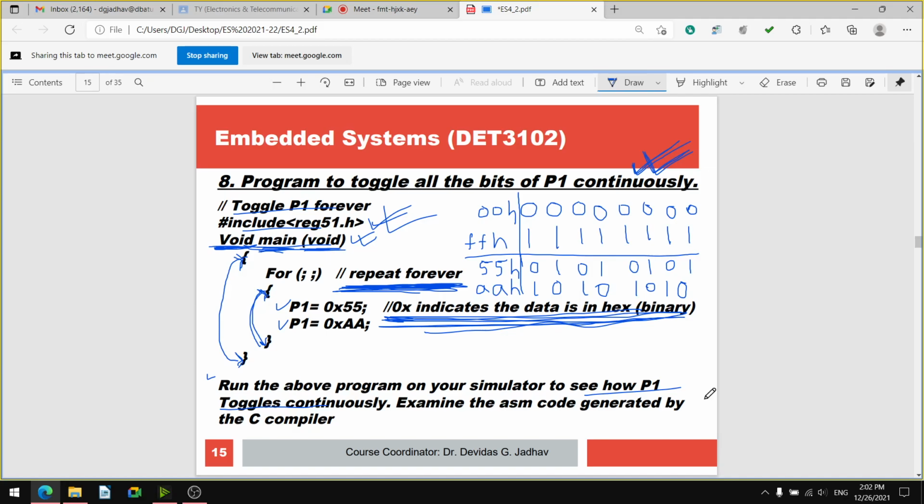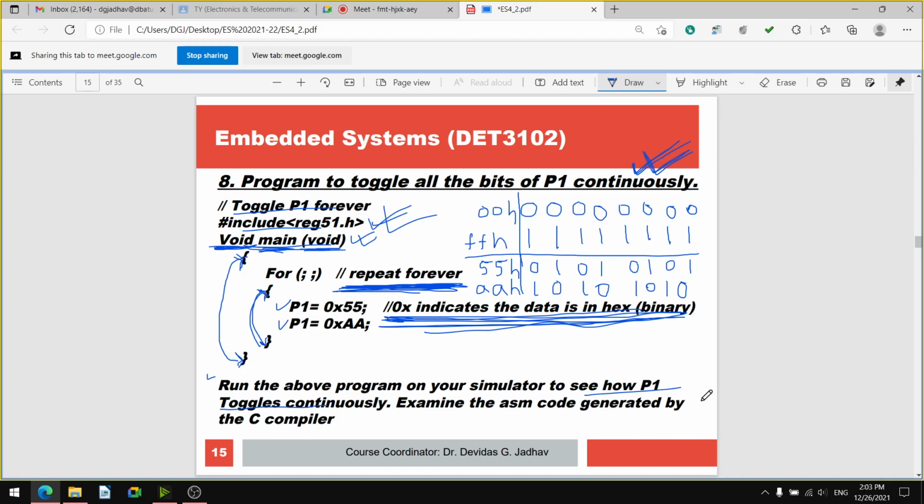Single bit toggling is also there. Single bit toggling can also be done, where other bits are not considered and only one bit is toggled, whatever the bit: the LSB of P1, LSB of P0, or MSB or any other bits. So this is the program to toggle all bits of the port. We are taking a complementary byte: 00 is one byte, another byte is FF, so they are complements of each other. Similarly 55 and AA. You can take any combination.